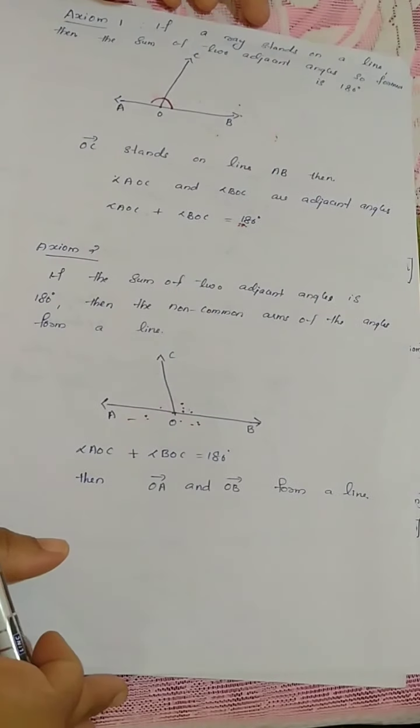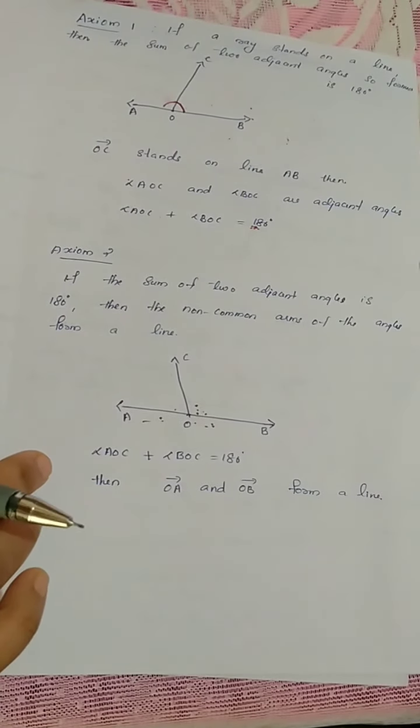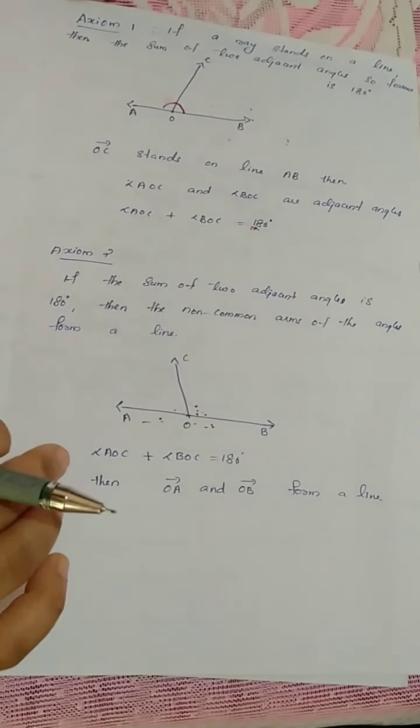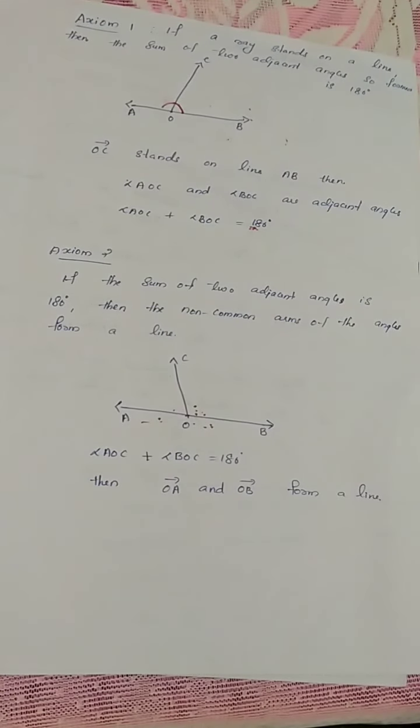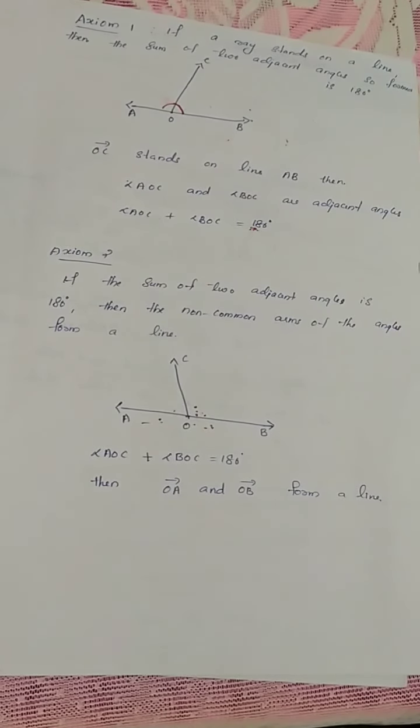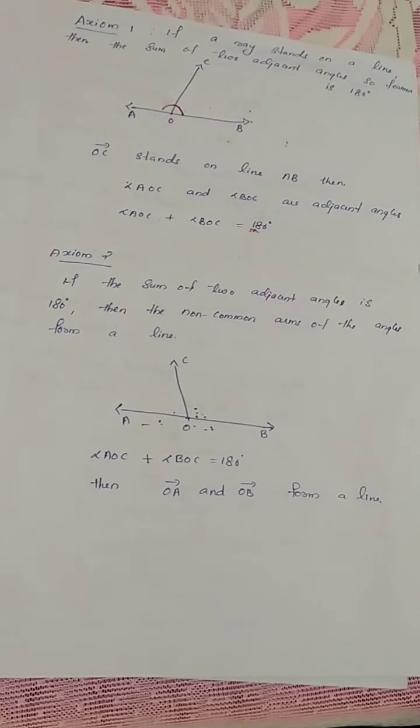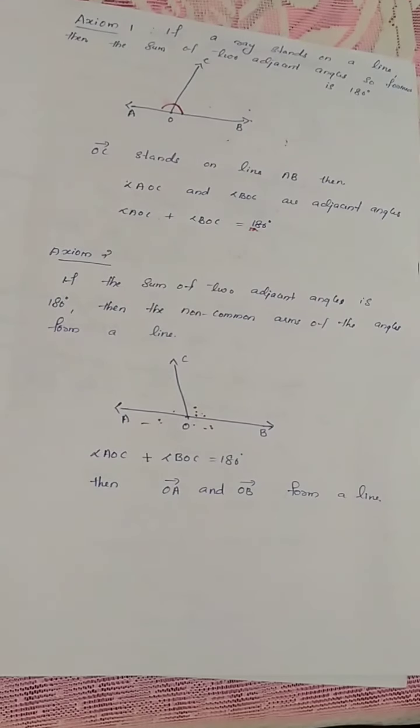Next one is axiom 1. From this chapter onwards, you are studying axioms and theorems. Axiom means we don't try to prove it, but theorem means we can prove it. A theorem can be proved, and for axioms we do not have a proof. So we have two axioms. The first axiom is,